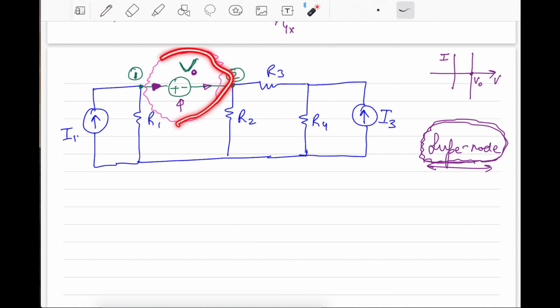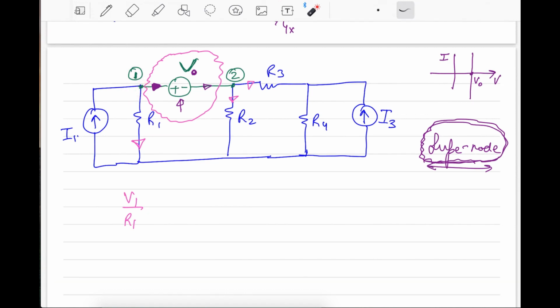So if that is the case, then we will apply nodal analysis at this Gaussian node. You already know that current I1 is flowing into this Gaussian node. As per the nodal analysis, if you recall, we always try to assume all the currents are leaving. So for node 1, we will write the leaving currents first. It is V1 by R1, because node 1 is at this point of the Gaussian surface.